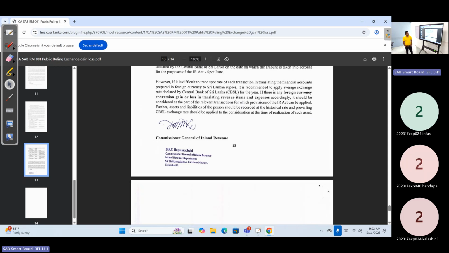Average exchange rate declared by the Central Bank of Sri Lanka for the year. If there is any foreign currency conversion gain or loss in translating revenue items and expenses accordingly, it should be considered as part of the relevant transaction. So that means we are preparing financial statements in a currency other than LKR, right? Income and expenditure translation impact on foreign currency should be considered as part of cost of income,